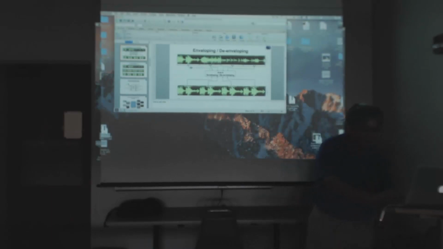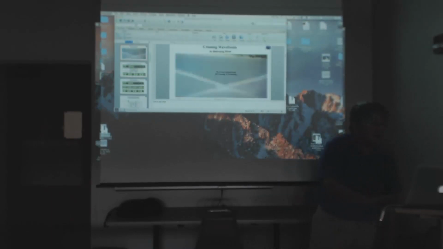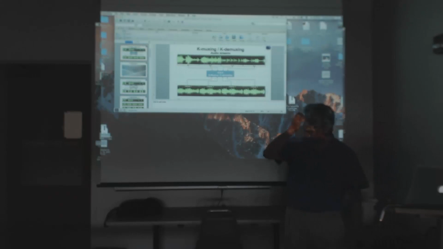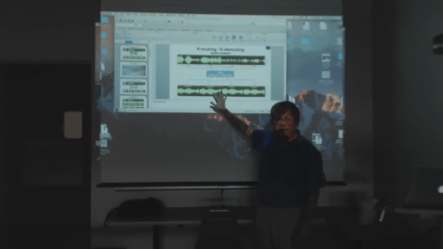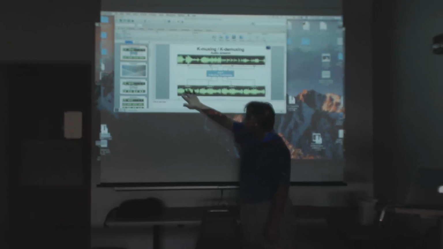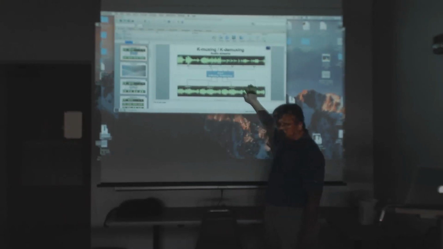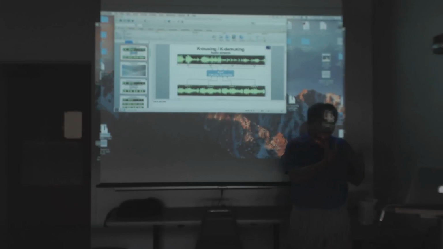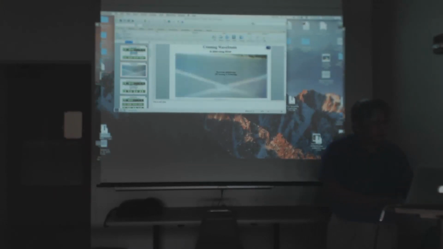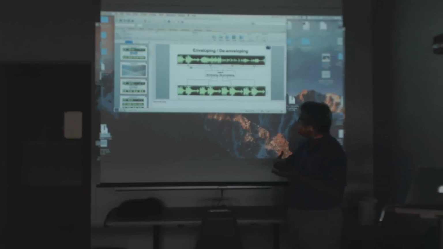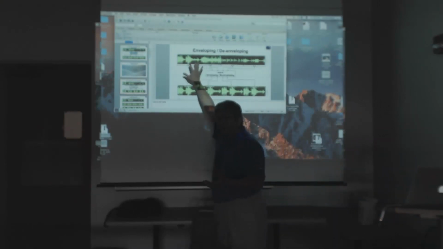Sorry, this is the wrong one. Okay, this is we just mixed them together. Remember we started with mixing, so we will hear four sets of mixture of signals. Okay, and then we'll crank up the first signal, the piano solo. This is what we hear. We crank up the first one.